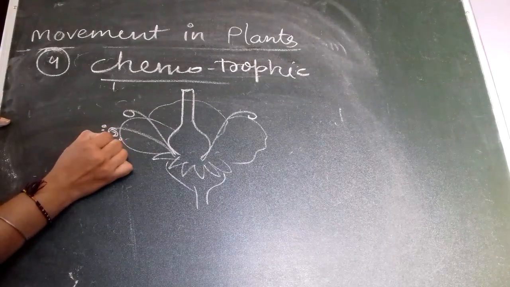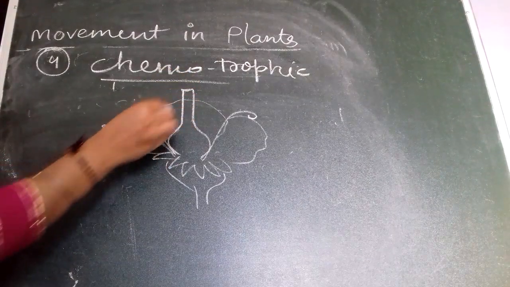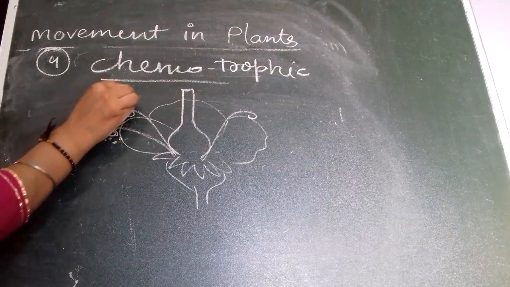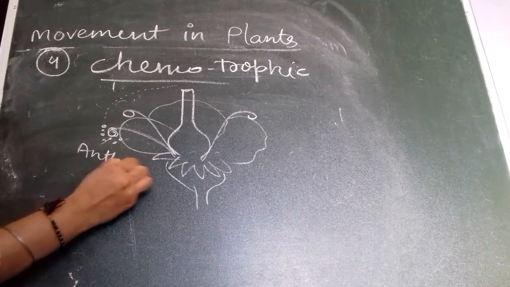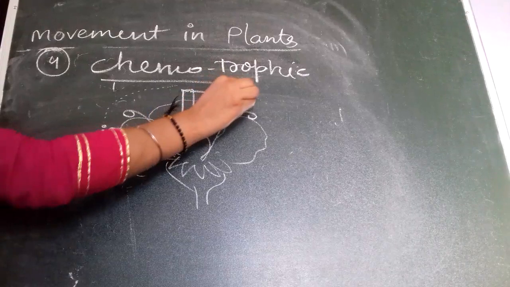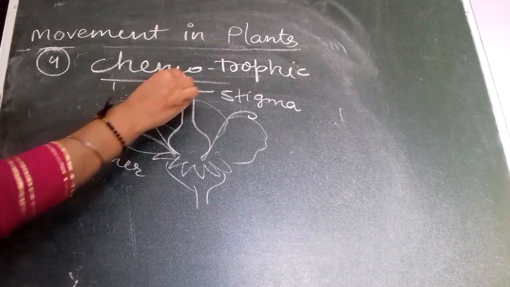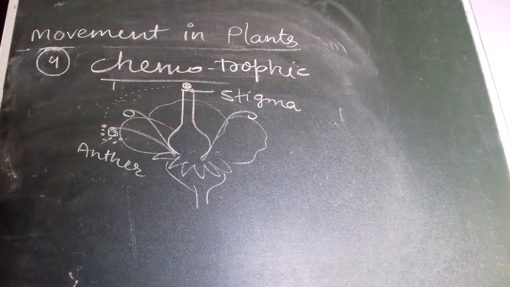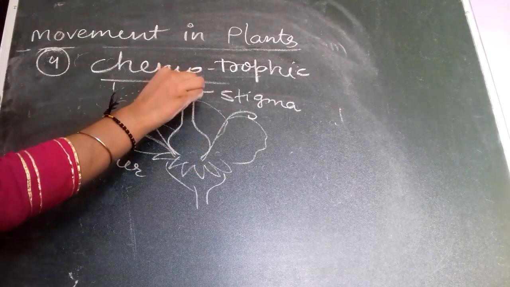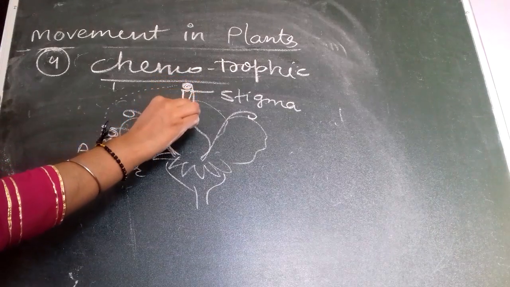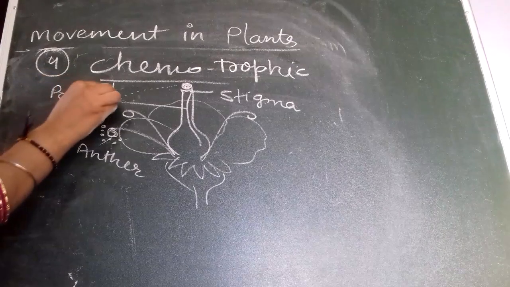As you know, pollen grains are the male gamete of the flower, and here is the female part which is called the pistil or carpel. Now the pollen grain moves from the anther, we call this part the anther, to the stigma. From anther to stigma, this is called pollination. So the pollen grain comes here. Now from the pollen grain a tube arises and develops. This tube is called the pollen tube.